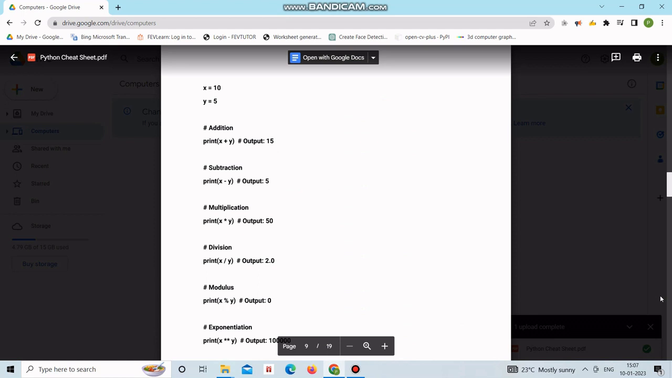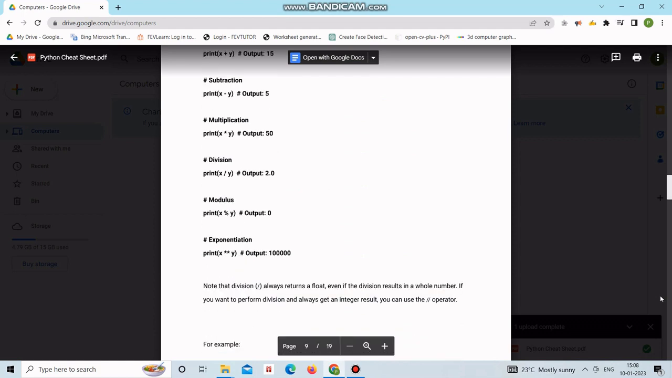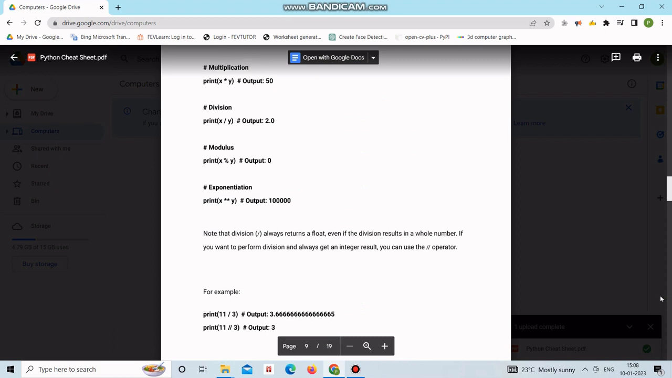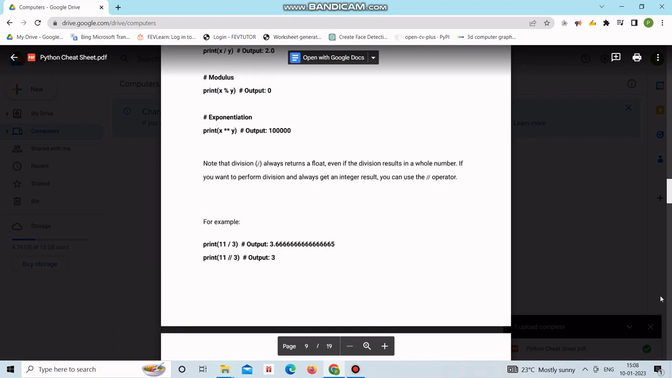x = 10, y = 5. # Addition: print(x + y) # output: 15. # Subtraction: print(x - y) # output: 5. # Multiplication: print(x * y) # output: 50. # Division: print(x / y) # output: 2.0. # Modulus: print(x % y) # output: 0. # Exponentiation: print(x ** y) # output: